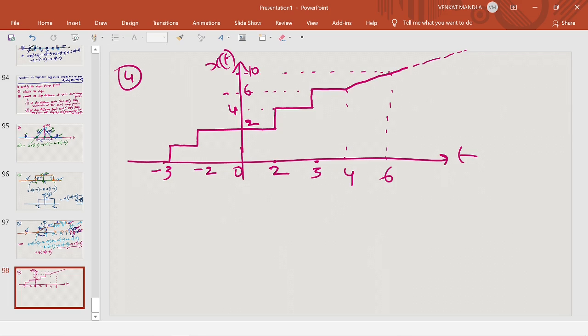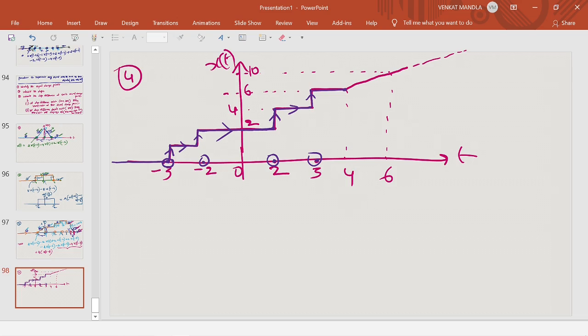First identify the signal change points. From minus infinity to minus 3 we don't have any change, but at t equal to minus 3 it is changed. T equal to minus 3 is the signal change point. Same, again minus 2 is the signal change point. This is constant, but at t equal to 0 it has not changed. Same constant. Okay. At t equal to 2 it has changed, and at t equal to 3 it has changed,